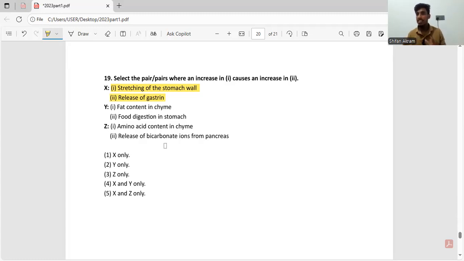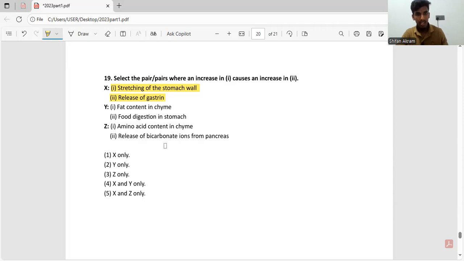Now, as I said, in the stomach the chyme is produced. Now what happens? This chyme enters the small intestine. Not a lot, but a certain amount of chyme is released in the small intestine. Now in the small intestine, what happens is this chyme causes the release of hormones secretin and chymotrypsin. So these hormones, especially secretin, cause the release of bicarbonate from the pancreas.